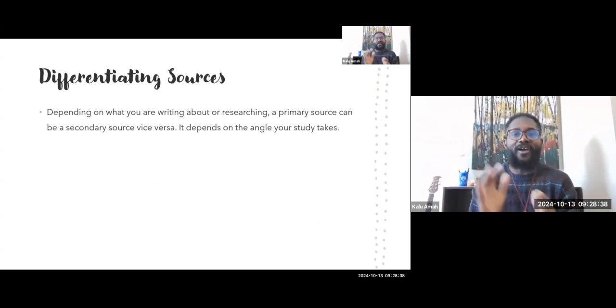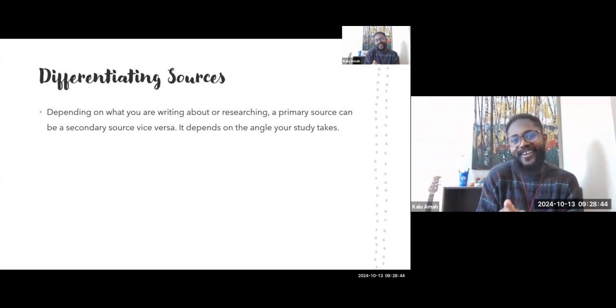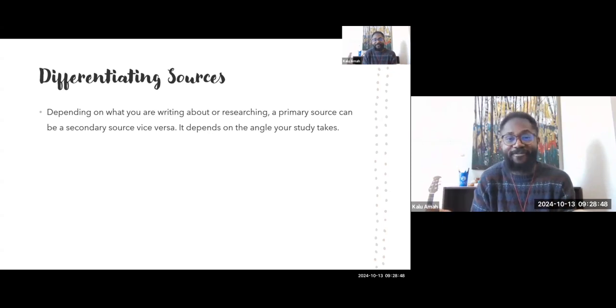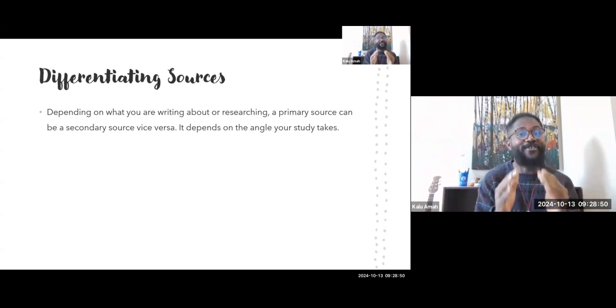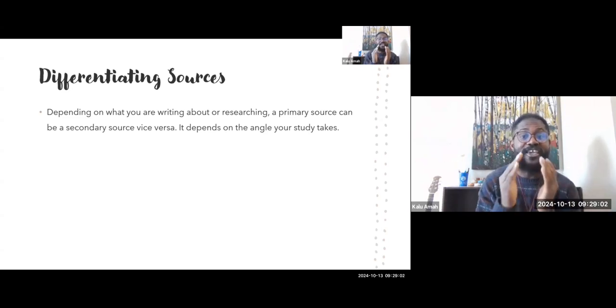Okay, I wanted to point this out about differentiating sources, but at the end, you find out that nobody is going to ask you in your paper, hey, this looks like a tertiary source, this looks like a secondary source, this looks like a primary source, so it doesn't matter. But I just want you to know the difference. Depending on what you are writing about or researching, a primary source can be a secondary source, and vice versa. So a secondary source can also be a primary source. It depends on the